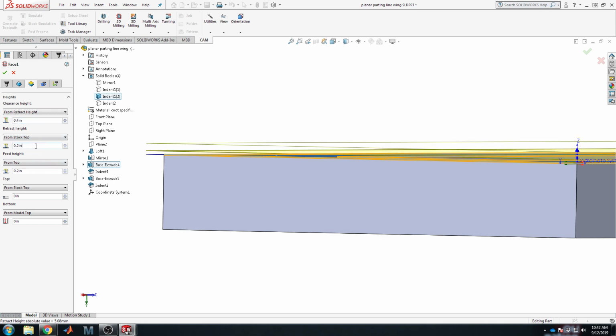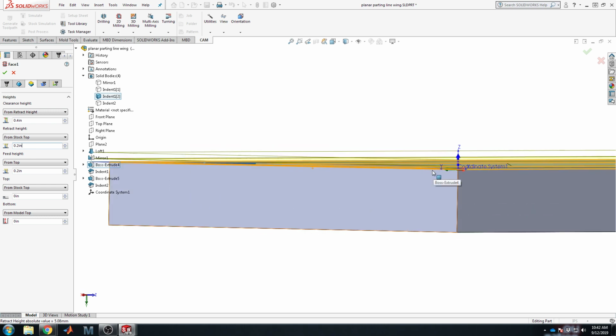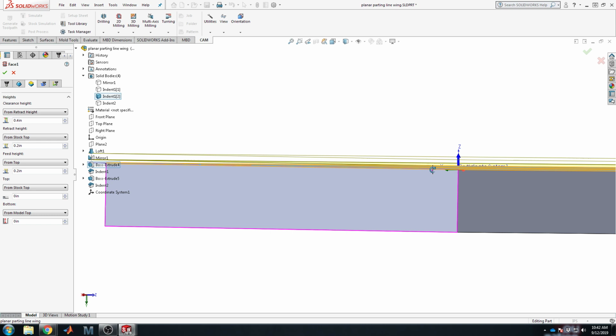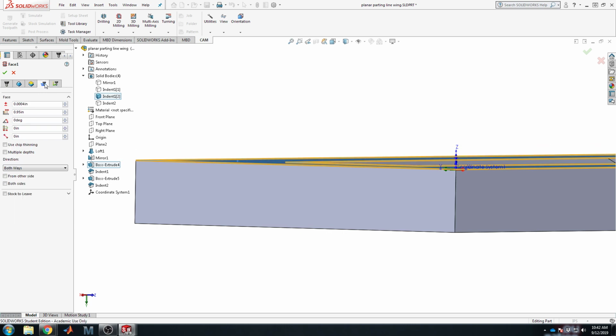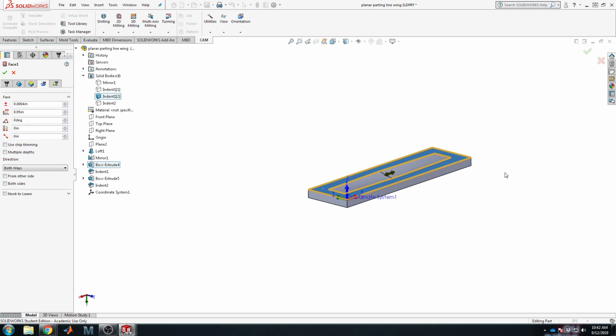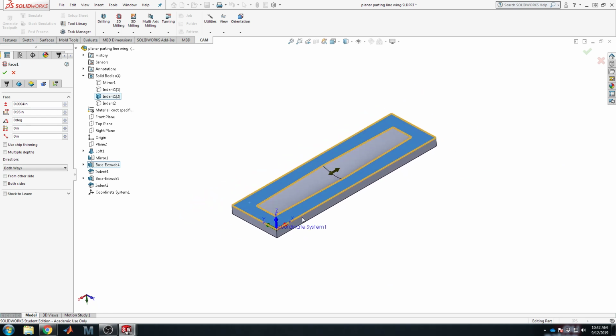CNC machines, motion-wise, should be accurate easily to 1/100th of an inch, around about that dimension. Many higher quality ones are much better, down to 1,000th of an inch. So what I'm saying is 0.4 inches or 0.2 inches should definitely clear your foam piece, your work piece. So usually these don't have to be touched or messed with as long as the code has automatically identified the top and the bottom of your part just fine. Passes is where you really want to start paying attention to the individual settings of your